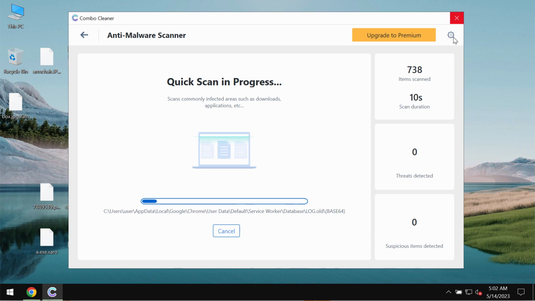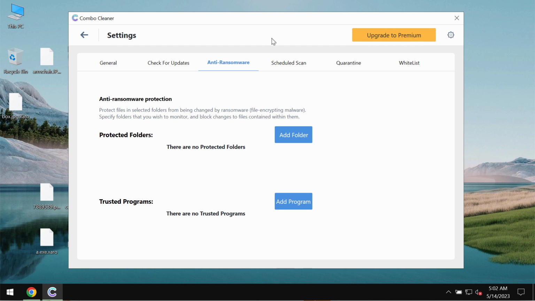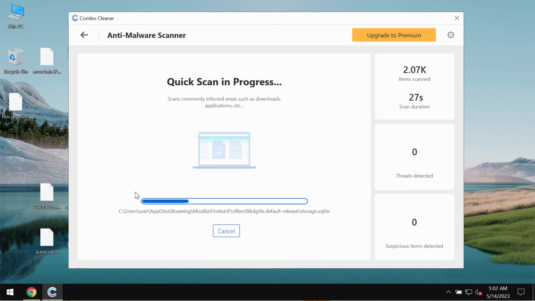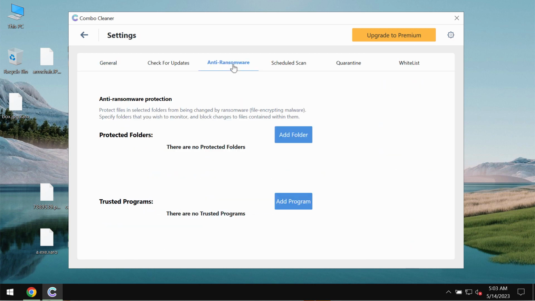Then the scanning will begin, and Combo Cleaner, by the way, has got anti-ransomware feature, which allows you to add one or several folders that would always be protected against ransomware attacks. However, Combo Cleaner does not decrypt files. It helps to remove this ransomware. It helps to protect your files from further ransomware attacks, of course. But Combo Cleaner does not decrypt files. This anti-ransomware feature does not decrypt files, and there is no any other antivirus which would help you to decrypt